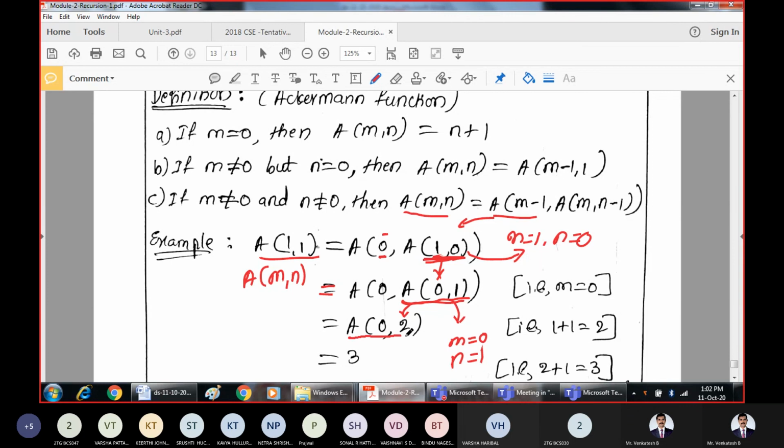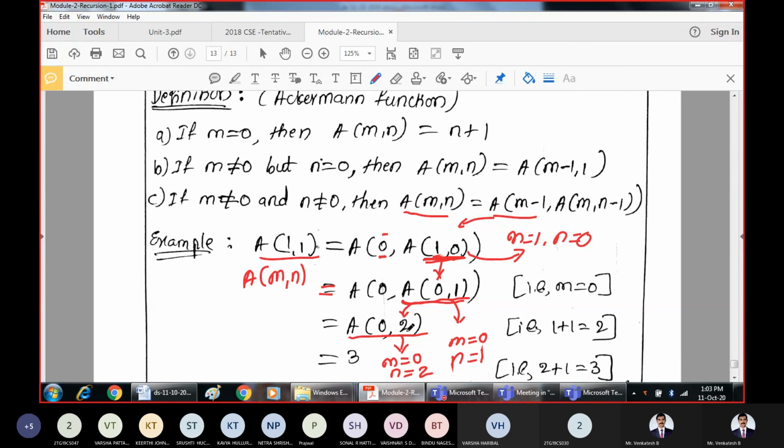This is the final one now. This we have to solve. When you are solving A of 0 comma 2, what is the value of m? M is 0 and n is equal to 2. Which criteria will satisfy? Again A only. So when m is 0, simply write it as n plus 1.